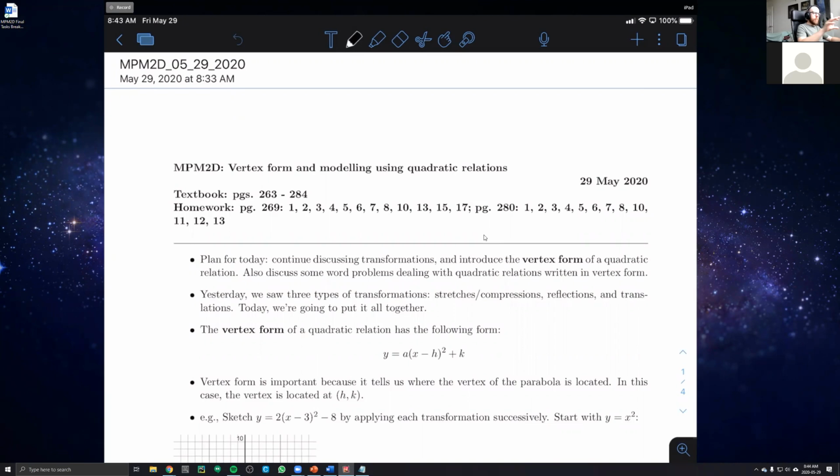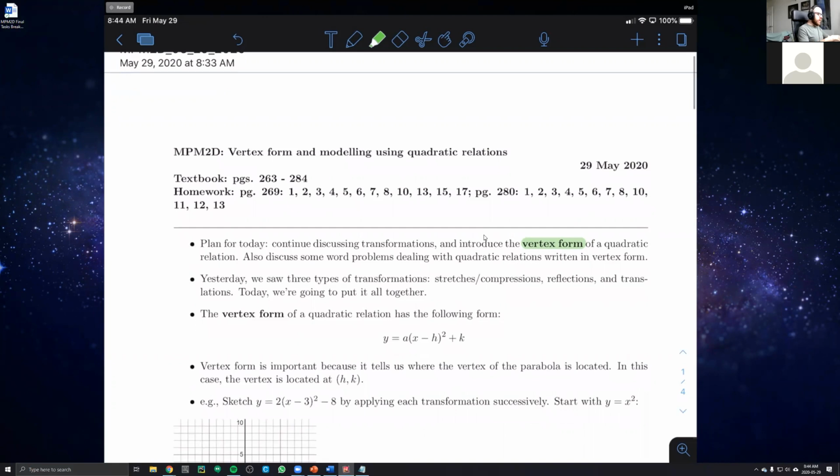Translations we saw just move the parabola left, right, or up and down. And we noticed that at least with the translations, that actually affected where our vertex was going. And now that all leads us into what we're discussing today. So today we are introducing what's called vertex form, right? And vertex form is important because it tells us where the vertex is, right? So we'll be doing that, and then I have a couple little word problems, and then that is it for the week,